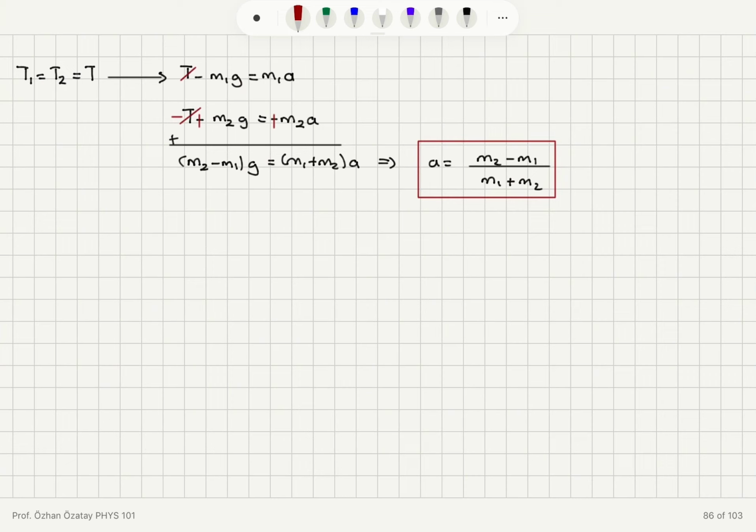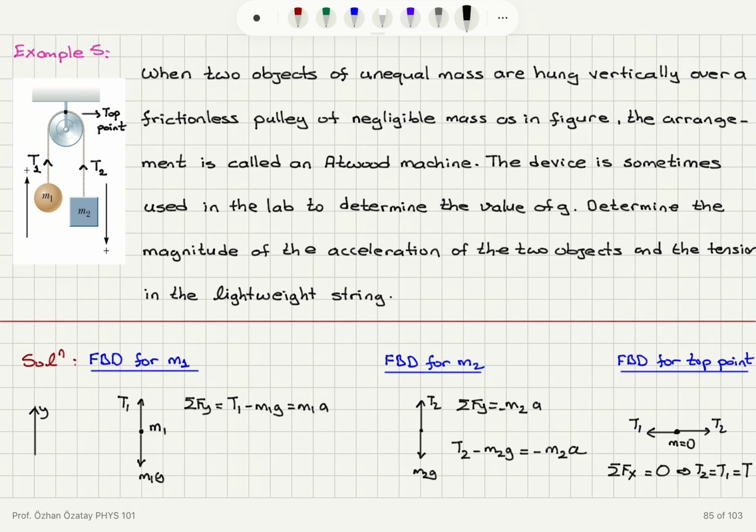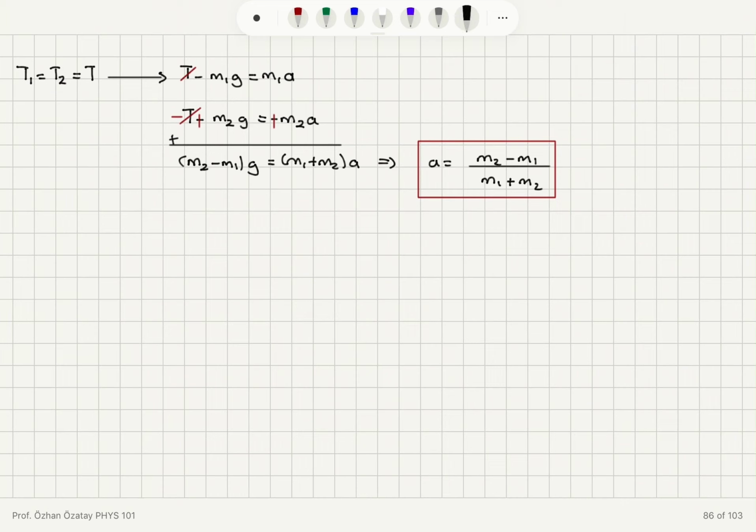A will come out as a positive quantity, so we have the correct scenario here. Now, how about the tension? Well, the tension, I can use the first equation, T minus M1G equals M1A. So I can say T is equal to